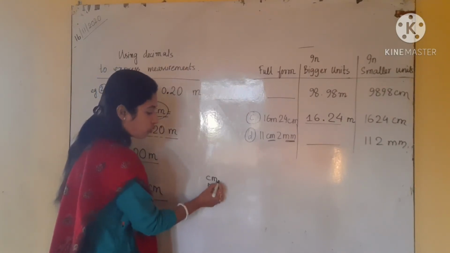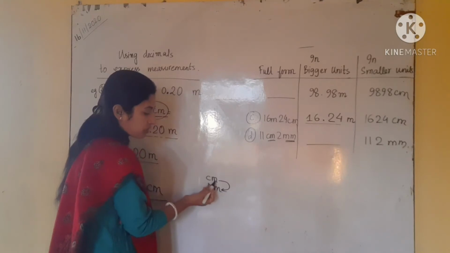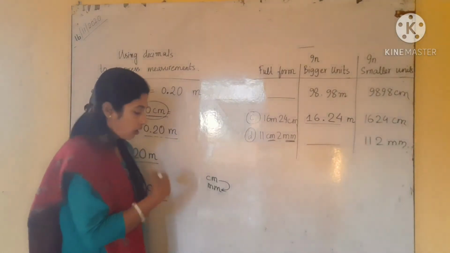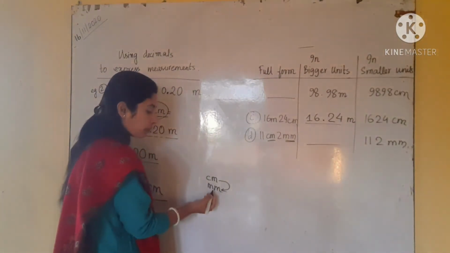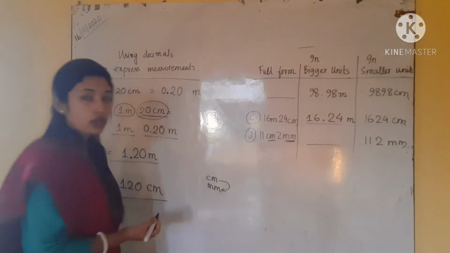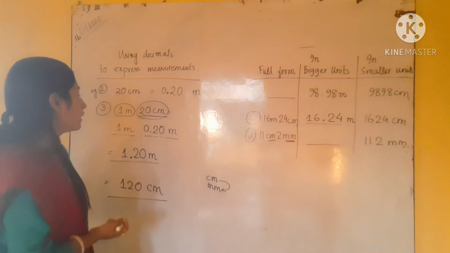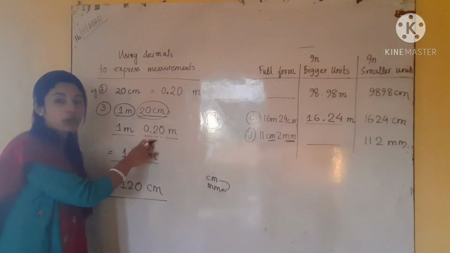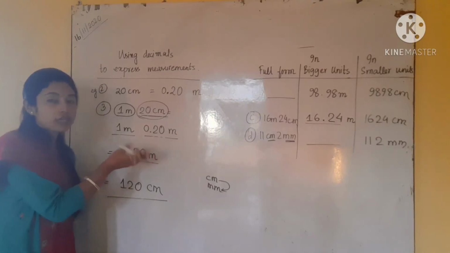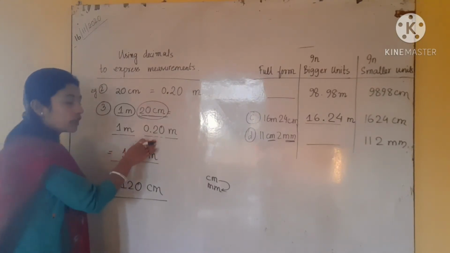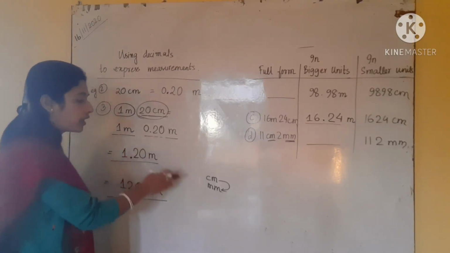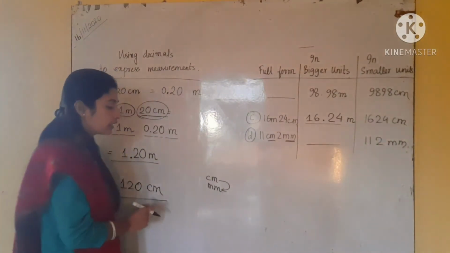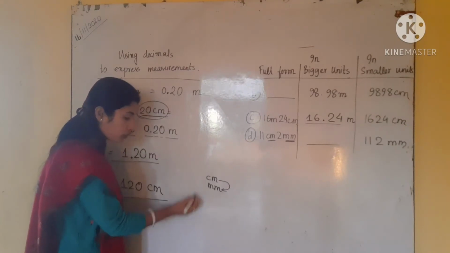That means if you go one step from centimeter to millimeter, then we have to multiply by 10. Or if we want to come from millimeter to centimeter, we have to divide by 10. In this case we are dividing by 100 because it was a conversion from meter to centimeter or centimeter to meter. So we were using 100 there, but here we have to use 10. Okay, so what will happen if we use 10? That means we have to divide by 10.